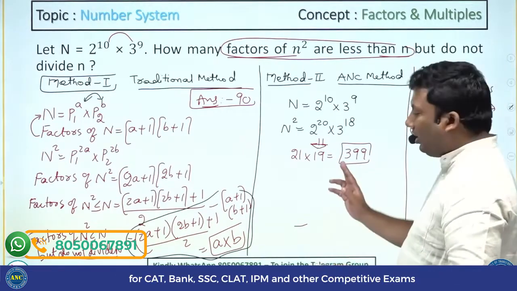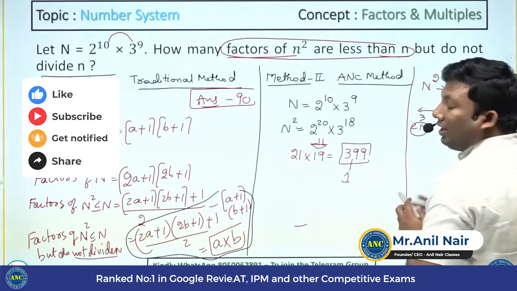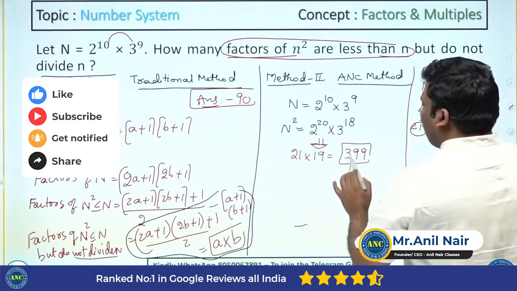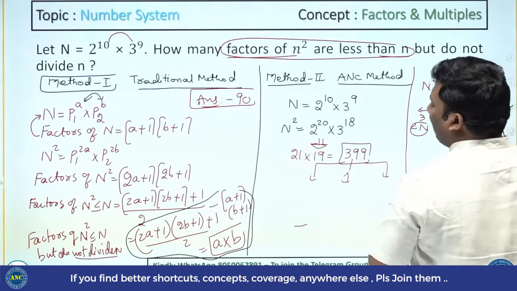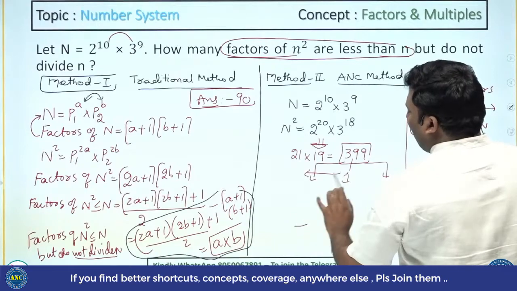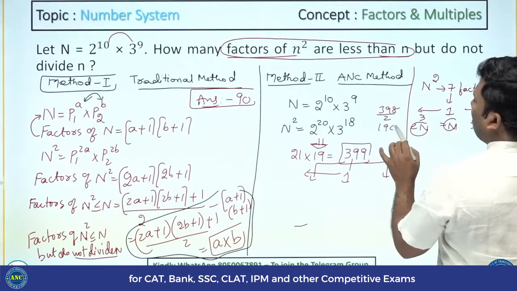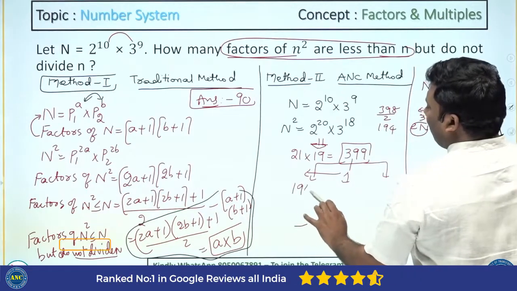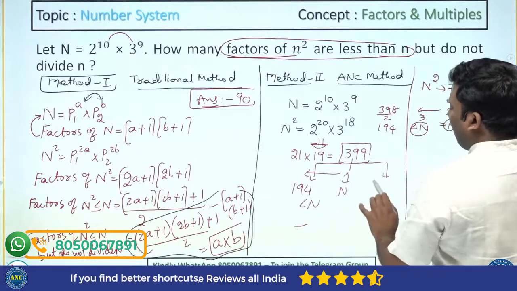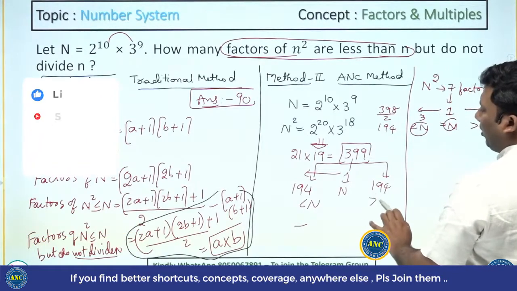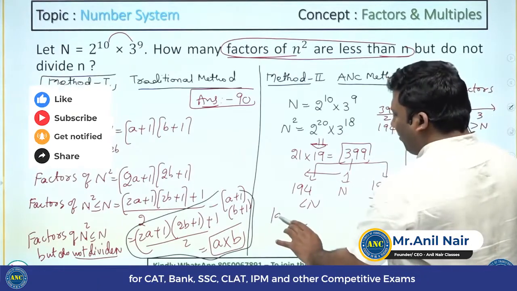399. Listen carefully. 399 is an odd number of factors. One factor will be equivalent to n. The remaining 398: half of them will be less than n, half of them will be greater than n. So 398 divided by 2, 199. 199 will be less than n and 199 will be greater than n. Are you all with me? So 199 minus